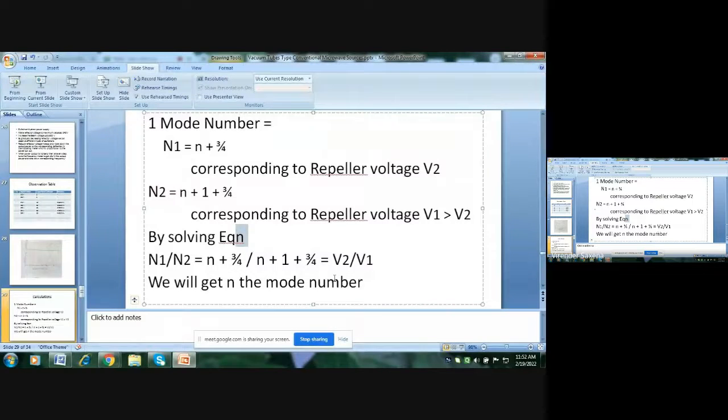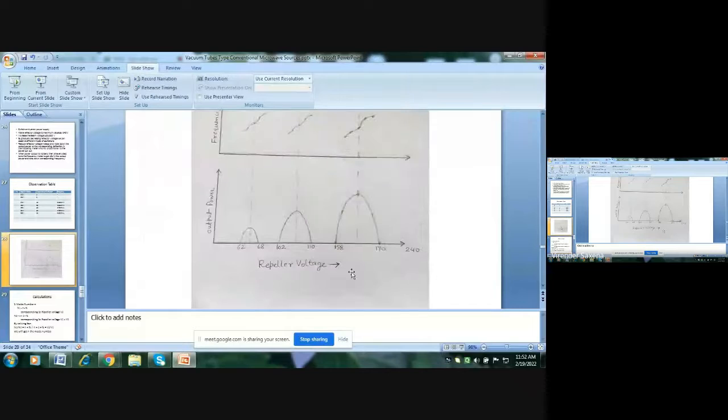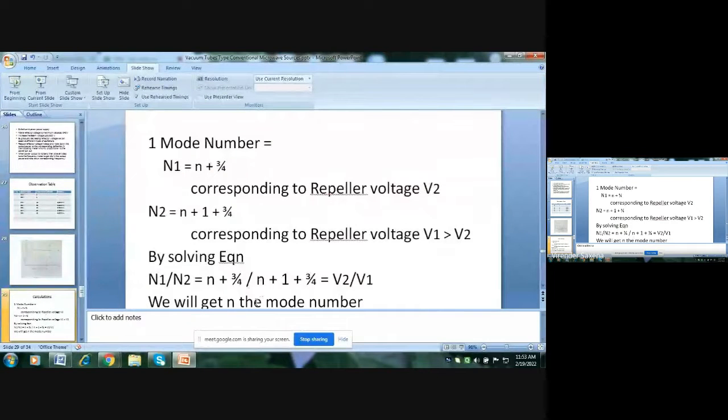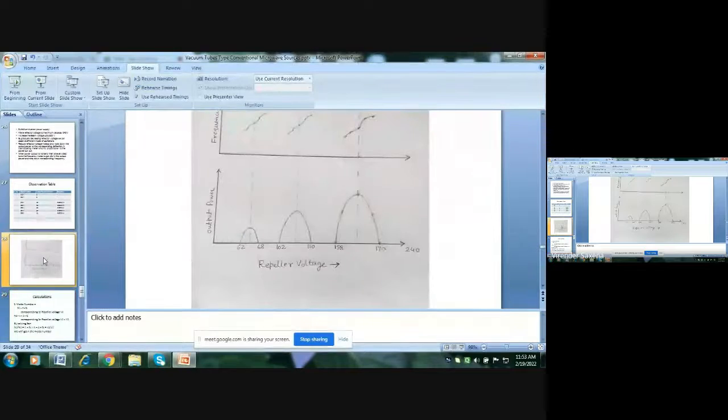By solving, means we have these repeller voltages corresponding to maximas, and then by the ratio of these two maximas, using this formula we can find n, and this n may be 1, 2, 3, 4, any integer,